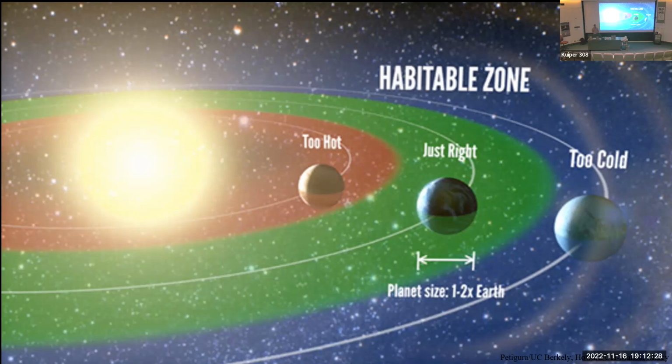Size is also a really important parameter. If you're too large a planet, your gravitational field is too strong and you'll hold on to lots of hydrogen and helium. You'll end up being more like Neptune or Uranus than Earth. If, on the other hand, you're too small, your force of gravity will be too weak. You won't be able to hold on to your atmosphere, and you'll end up a little bit more similar to Mars. So there's this idea that in order to be potentially habitable in the same way that Earth is globally habitable, you need to be kind of an intermediate size, and you need to have an intermediate amount of light